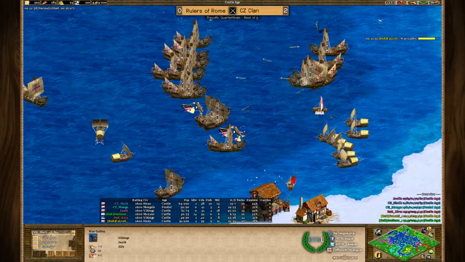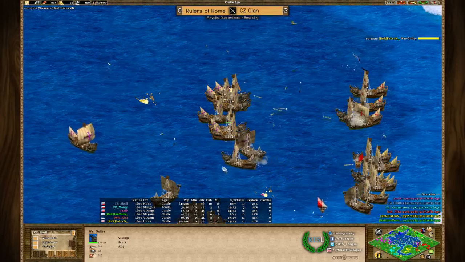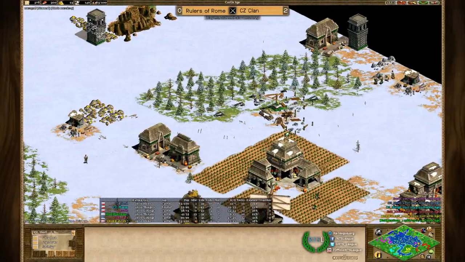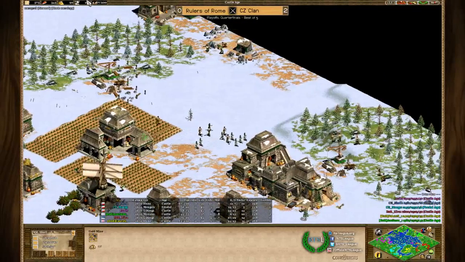Because it's just 2 versus 1, even though these are not War Galleys, it's still pretty strong push, and right now they are, so yeah, Purple is pretty much dead, and the water is not going all that well for CZ here as well. So this is the crossbowman raiding from Skull, and is disrupting gold gathering quite nicely, but